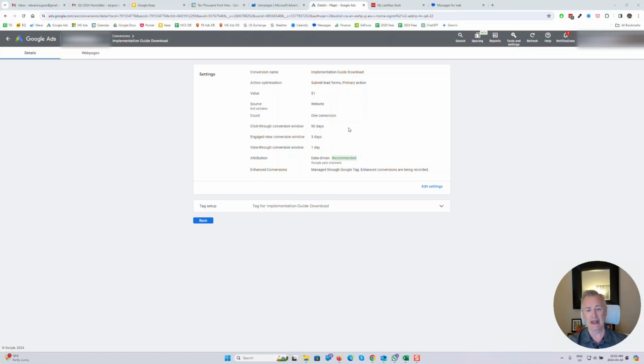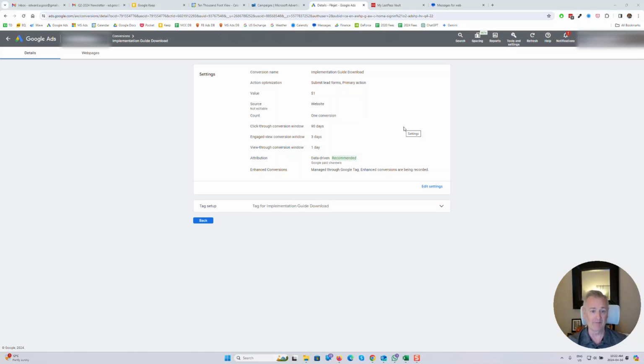Now, the next three fields are all about the attribution window. What this means is, after a click happens, how long will Google retain that click data and track a conversion against that original click? The maximum for most conversion types is 90 days. For calls, it's 60. We usually just do the maximum because more is better in almost all cases. There are a few edge cases where you want to track less, but with 90 days, you're just going to collect the maximum amount of conversion data, which generally is going to be better because it's going to give you more